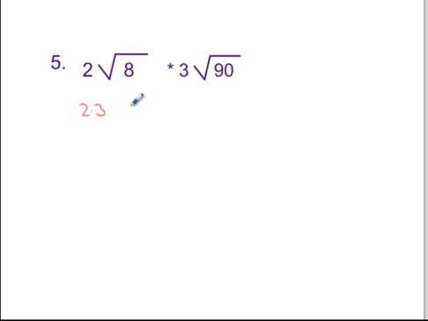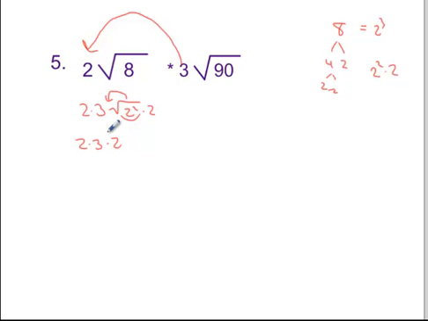other things are coming outside of these radicals, like in 8. Work off to the side. 8 is 4 and 2, and the 4 is a 2 and a 2. So 8 is 2 times 2 times 2, or 2 cubed. But 2 cubed is just 2 squared times 2. What I'm getting at here is I want to break out the squares. So times the square root of 2 squared times 2. So the square root of 2 squared is 2, so another 2 is going to come outside of that radical. So I've got 2 times 3 times 2. Now I know this 3, I brought it over here, and I could have waited on that,